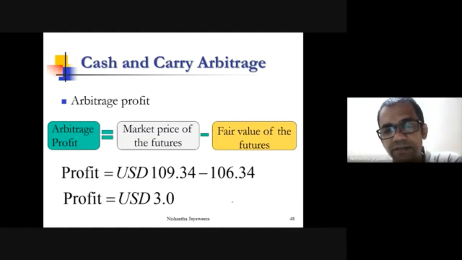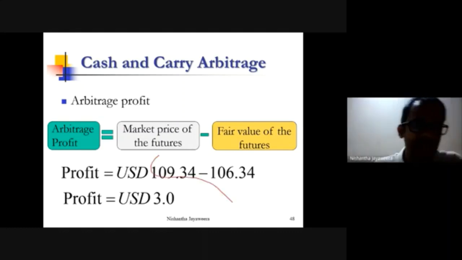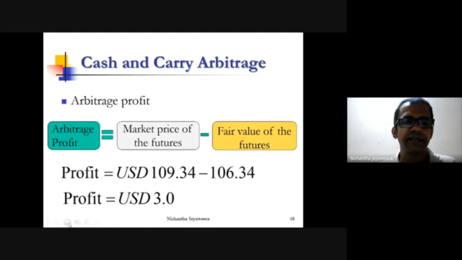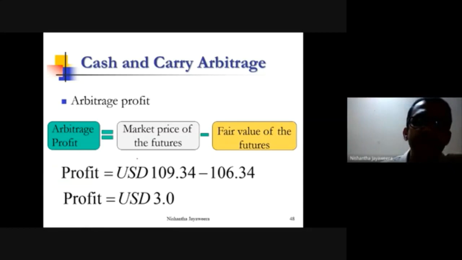But to get this, what do you have to do? You have to do some trades to make this profit. What are those trades? The 3 transactions that I explained earlier. Since the futures price in the market is higher than the fair price, what do you do? You sell the futures contract,